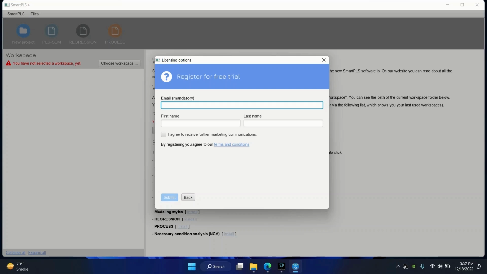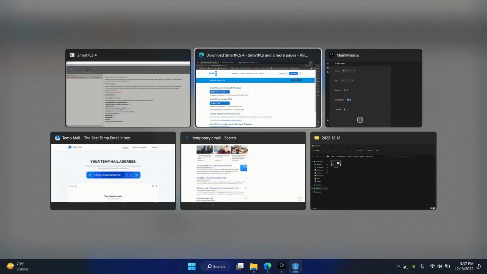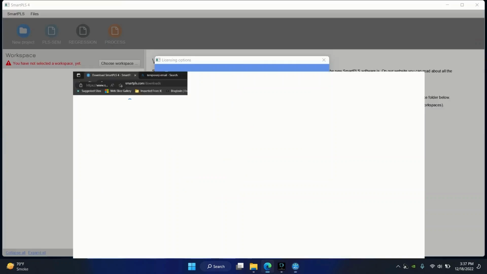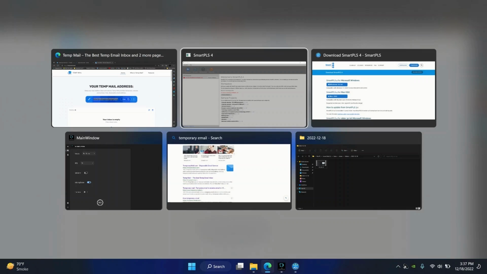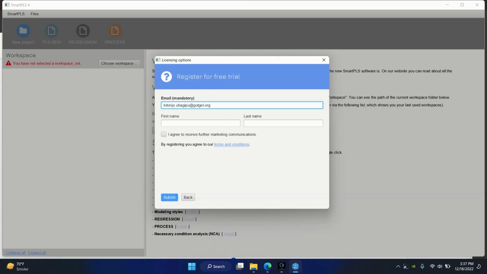If you have already installed SmartPLS on your desktop, it will not allow you to install it again. So if you're installing it for the first time, use your email ID. I have exhausted all my email addresses, so I'll use a temporary email address to receive a token code. Once you have your email ID, copy and paste it into the email ID section, type in your name,